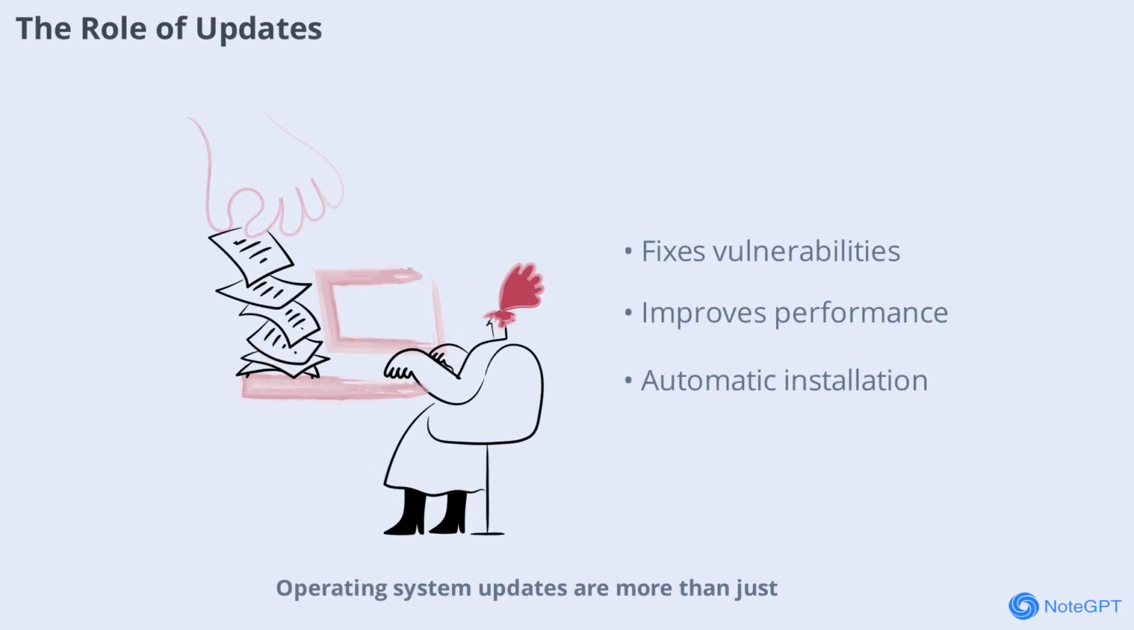Operating system updates are more than just new features, they're essential for security and stability. Updates fix vulnerabilities, improve performance, and sometimes introduce new capabilities. The OS makes it easy to install updates, often running them automatically in the background so you can keep working